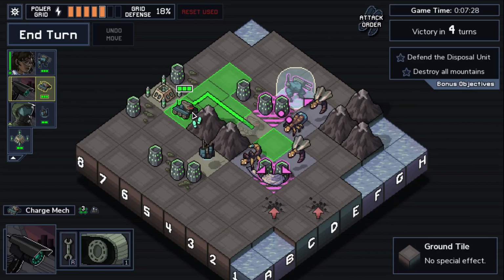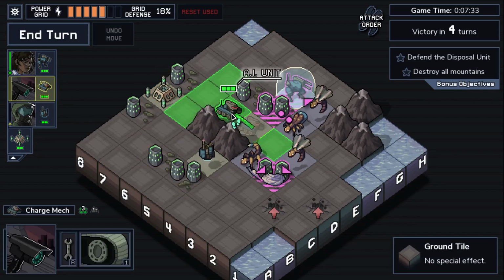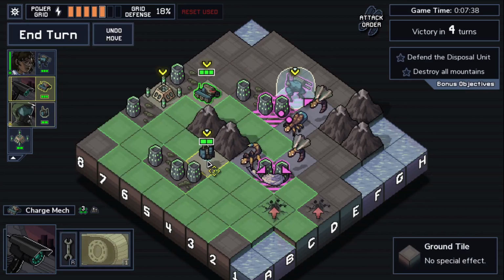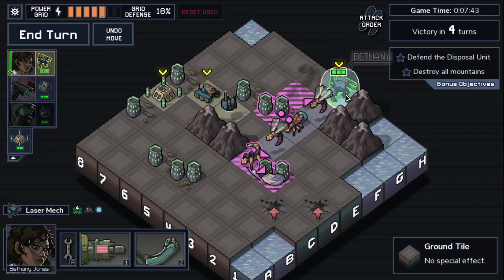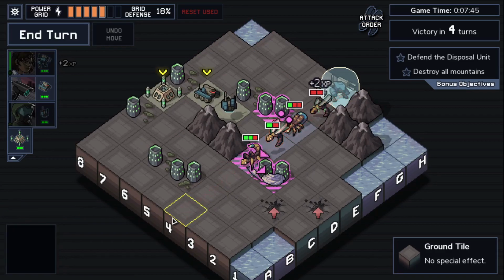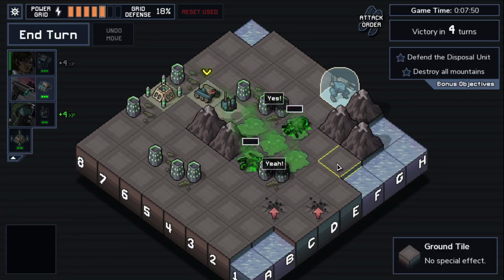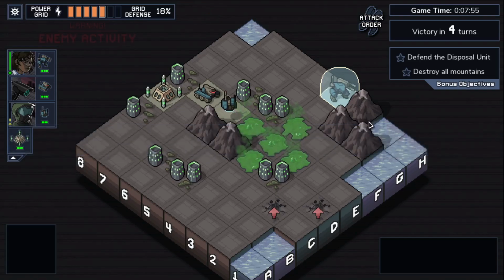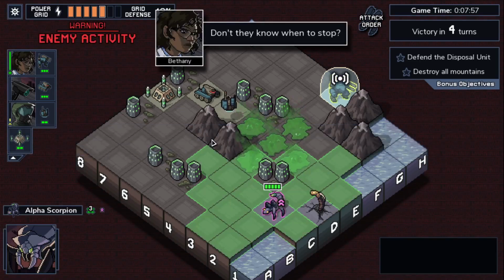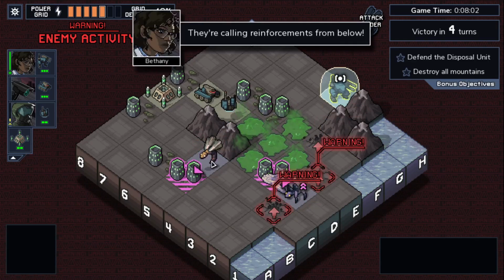Objective: destroy the mountain, so we could actually slam to the mountain, but we need 2 hits to kill. Not too useful. Anyway, you can still do it like this and use the disposal unit. And then we just need 2 turns to get rid of the mountains. Don't they know where to stop? Yeah, we have a perfect...